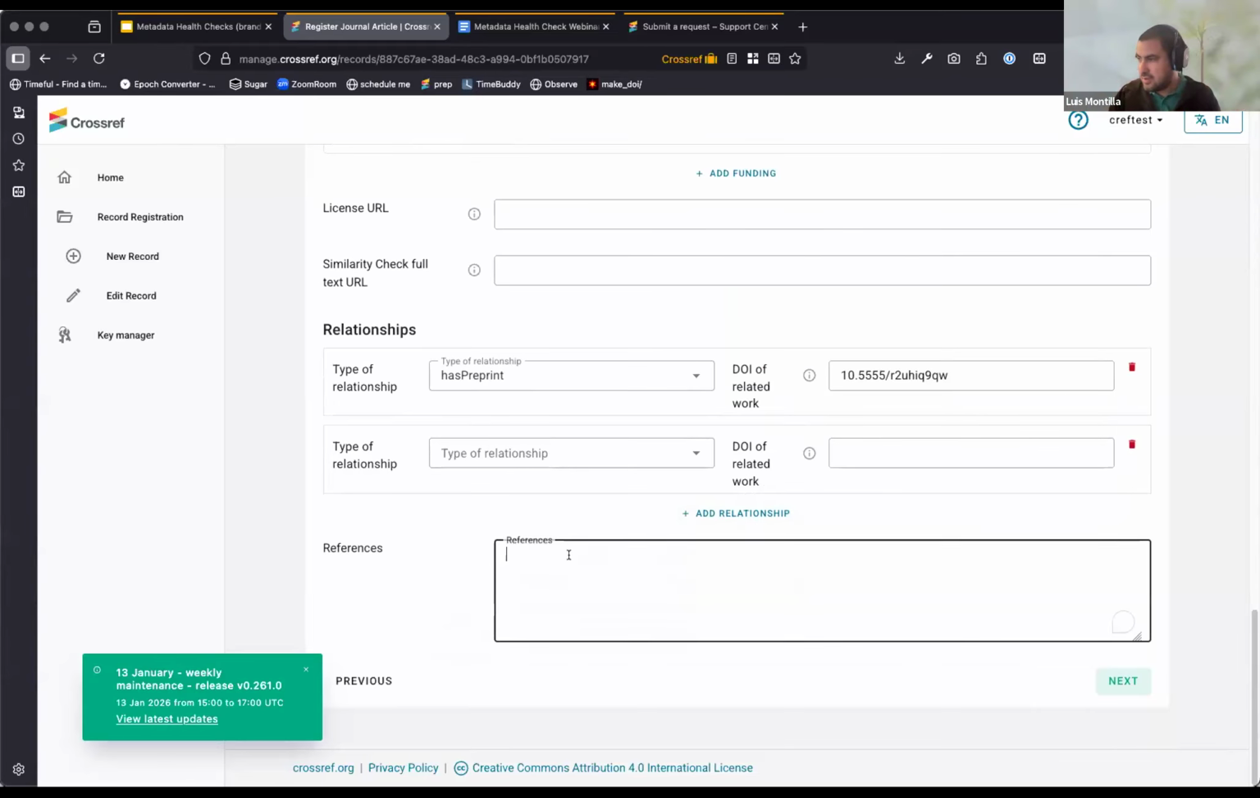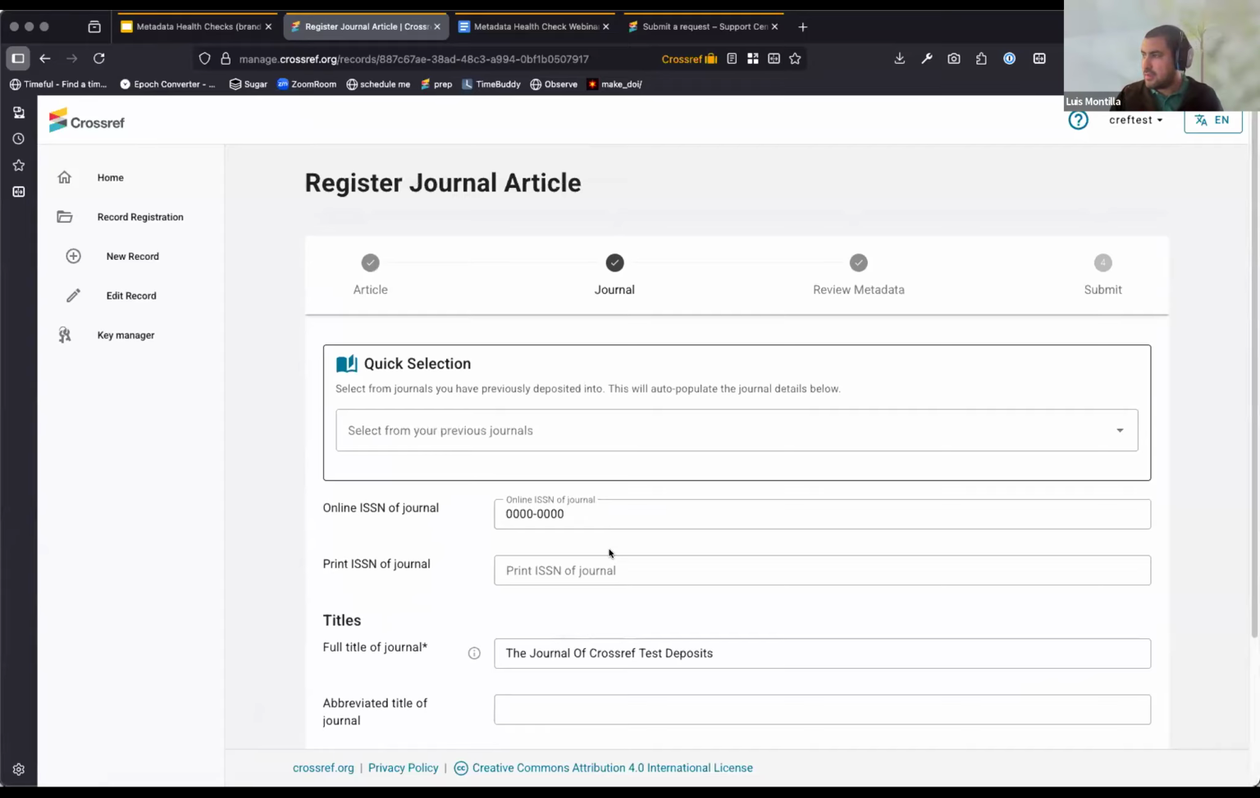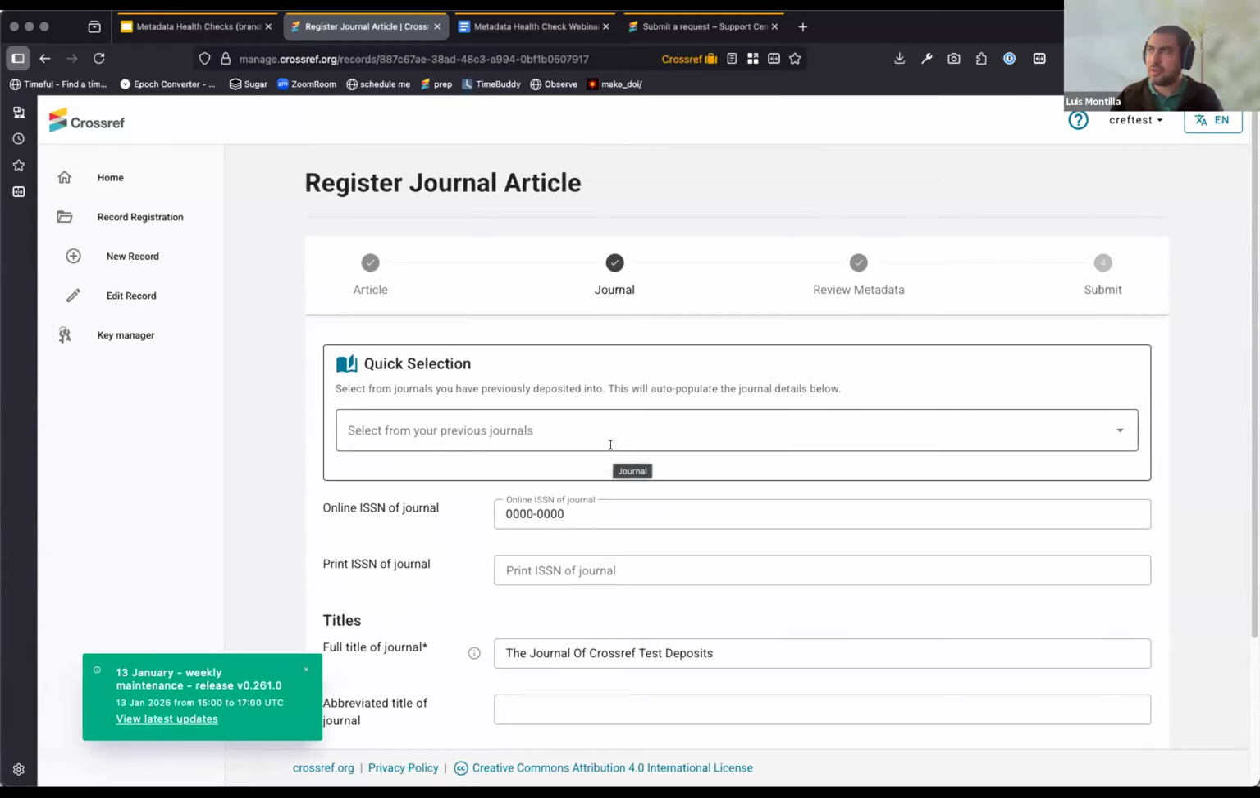And as I was saying, here you have the field where you can start specifying your list of references, which will be automatically matched to what we have available in our system once you deposit this. So let's say that we are happy with the modifications that we are doing to this test record. We will click next. And then here, for example, let's assume that we need to do a couple of modifications